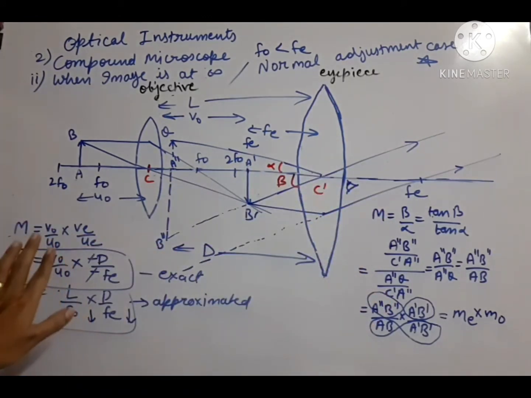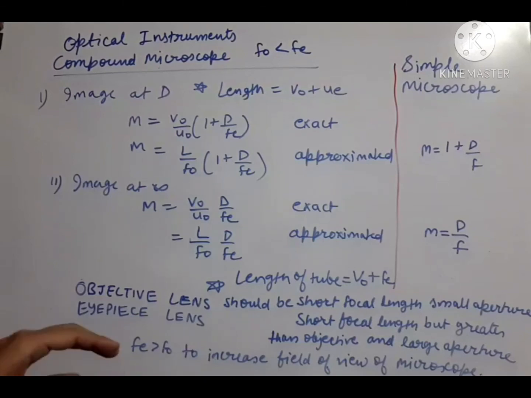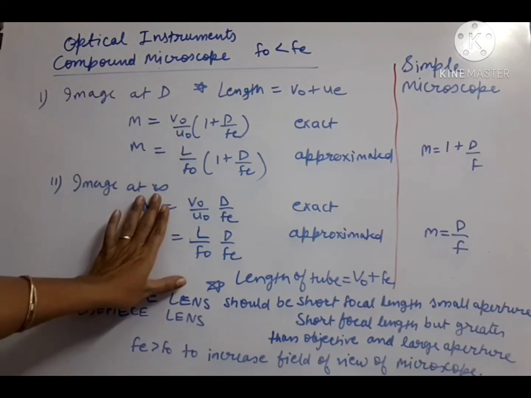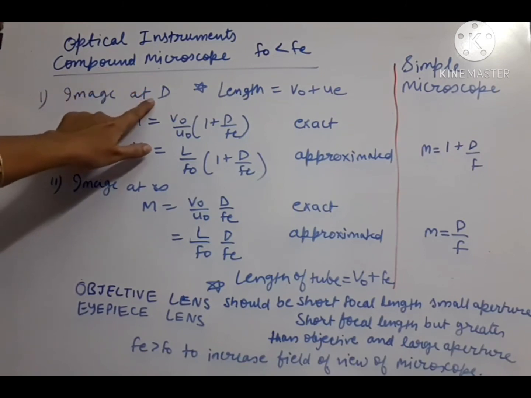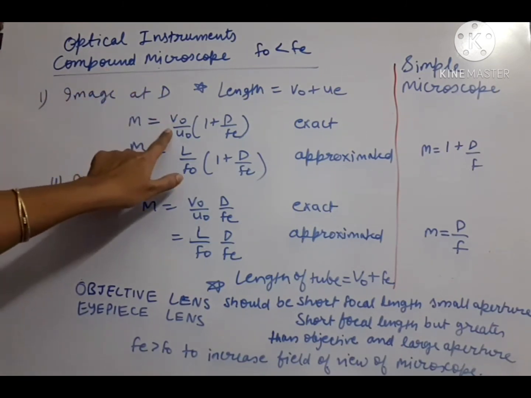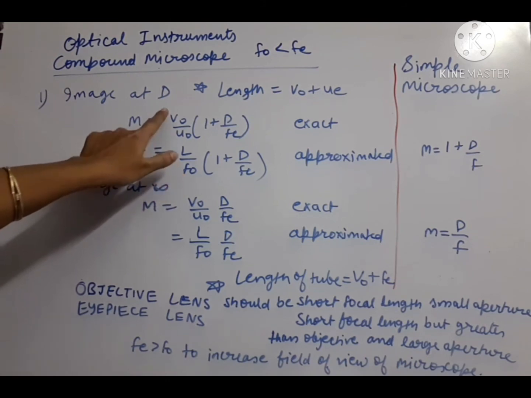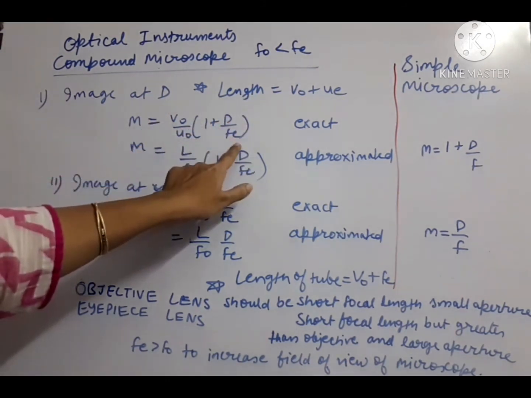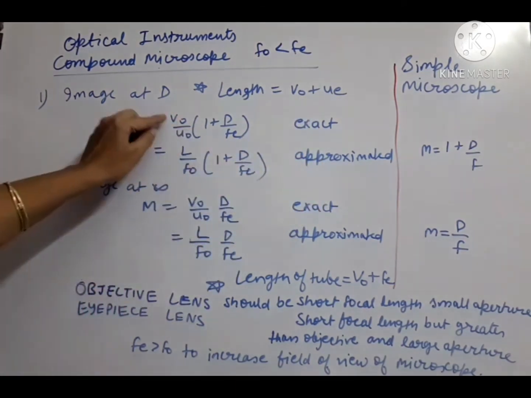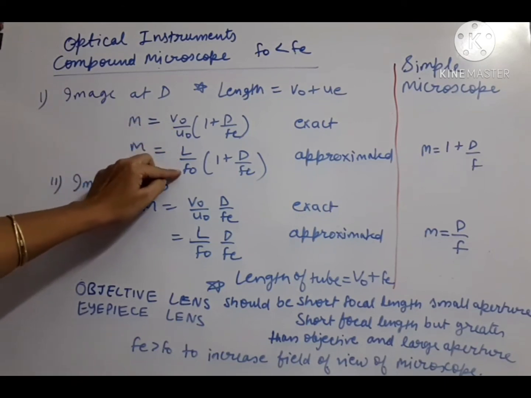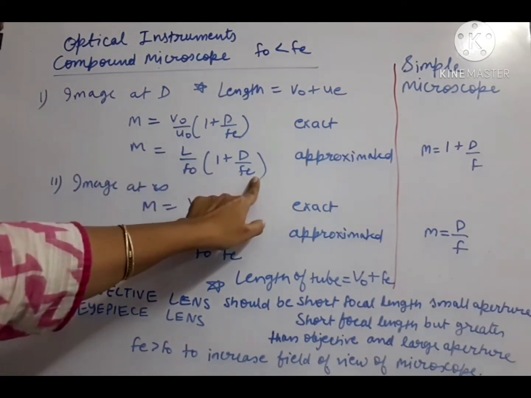Okay, so we have completed the two parts of compound microscope. So some facts are remaining. Let us note down from the next sheet. Finally, after completing the derivations, now let us conclude the points. Here we have written the formulas of compound microscope and here of simple microscope. Compound microscope for image at D case. We know that the magnification formula which we obtained was VO upon UO 1 plus D upon FE. This is the exact formula, and if we apply the approximation, VO upon UO को लिखना है L upon FO, ये सेम रहेगा 1 plus D upon FE.